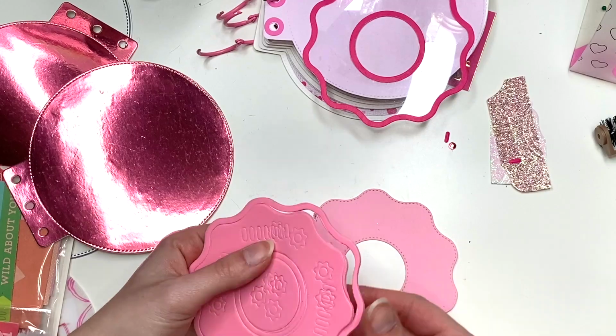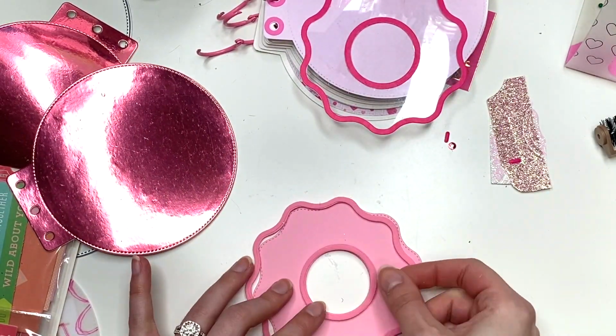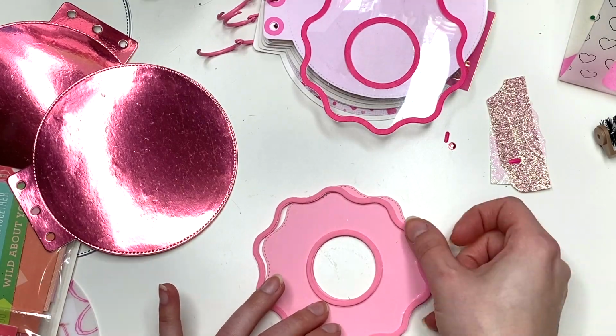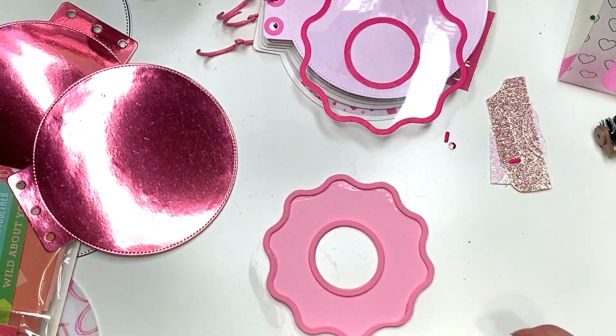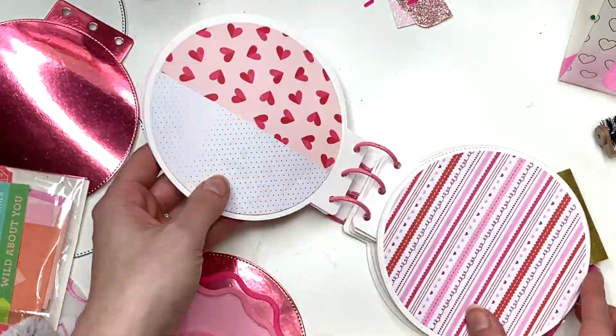And then I ended up die cutting my foam again because it didn't cut all the way through. Normally this foam cuts really well, but I was actually trying a new die cutting mat, which I don't know how I feel about it yet. But anyway, I am gluing the foam down to my donut and I kind of missed and got glue everywhere. So we're going to have to set this aside and let it dry while I go on to the next